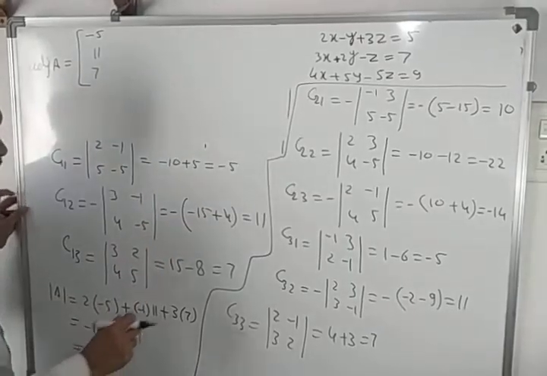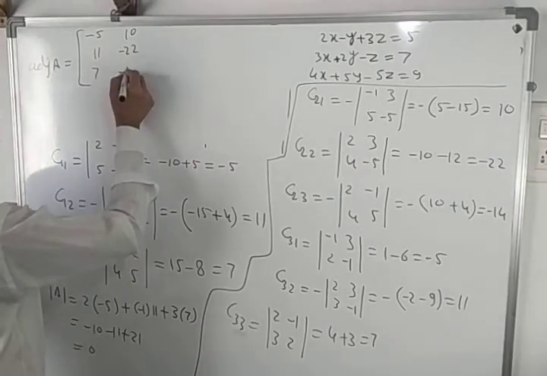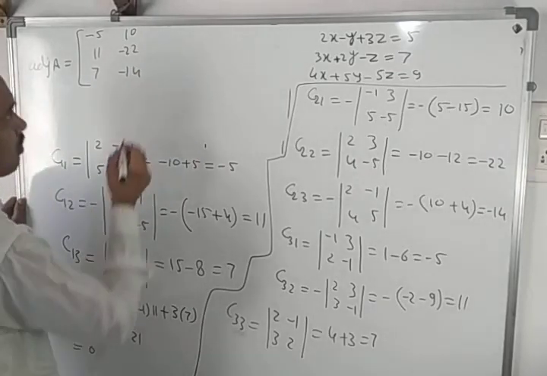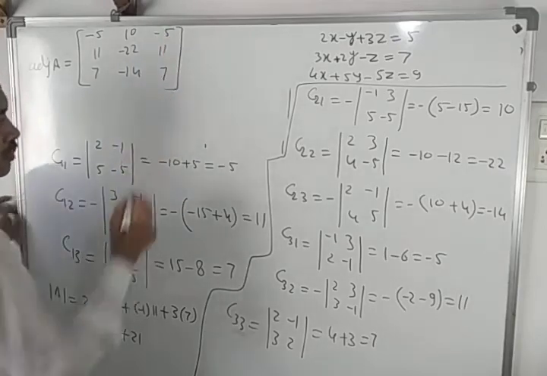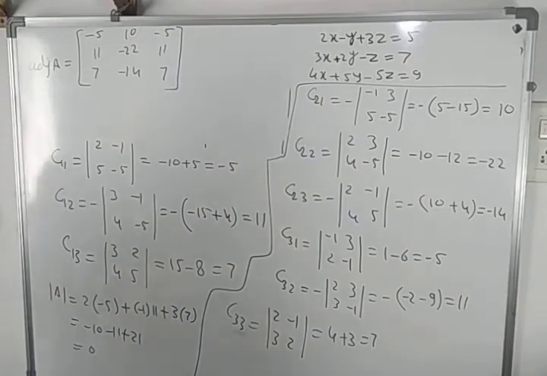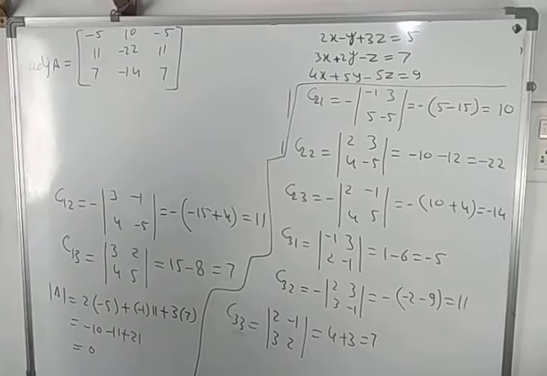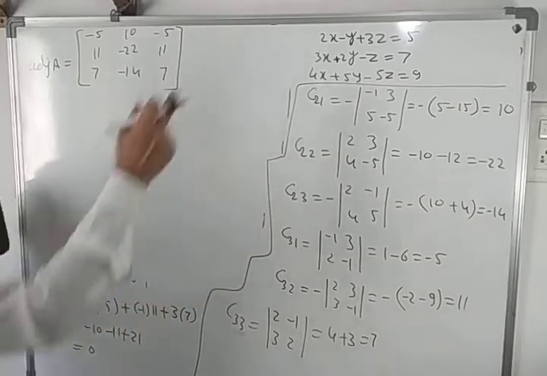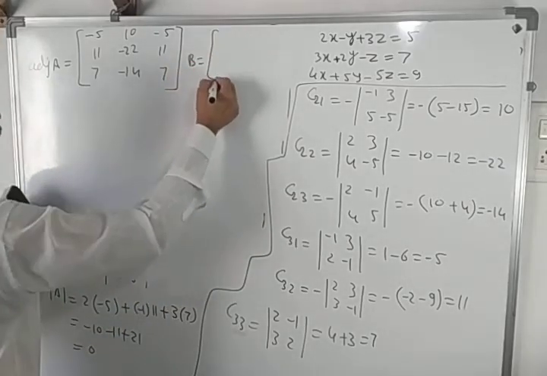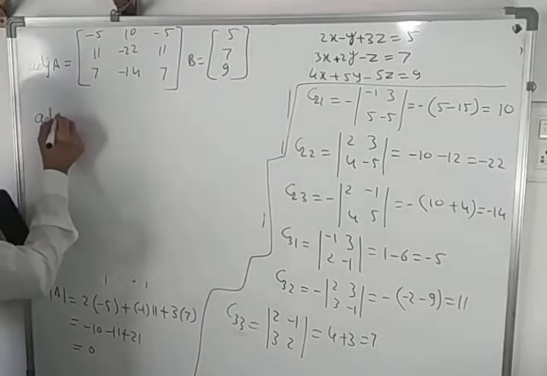So we are directly putting the values. This is the first row and this will be the second row: 10, minus 22, minus 14 and then minus 5, 11 and 7. So this is the adjoint of A. And now we have to go for adjoint of A into B. For this, B is 5, 7 and 9. So adjoint of A into B